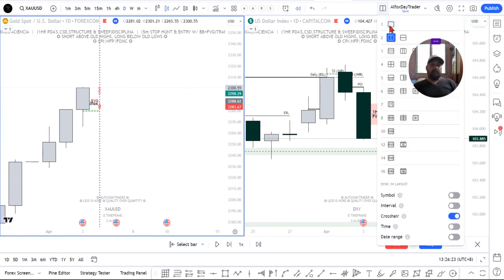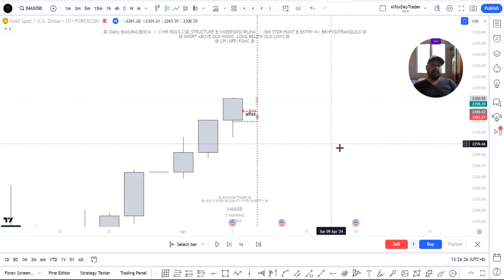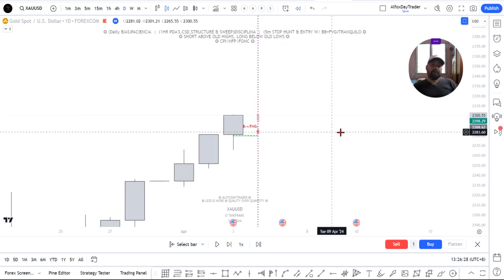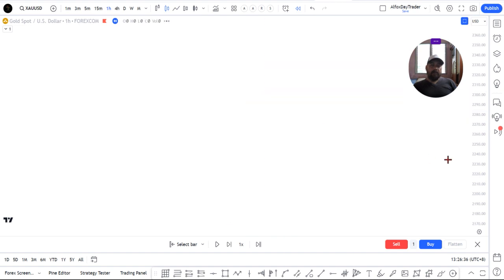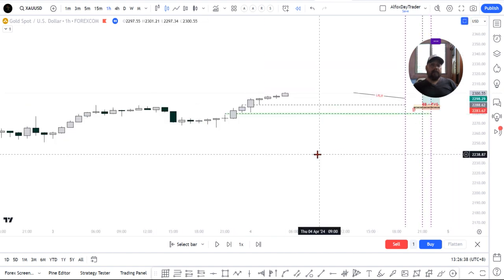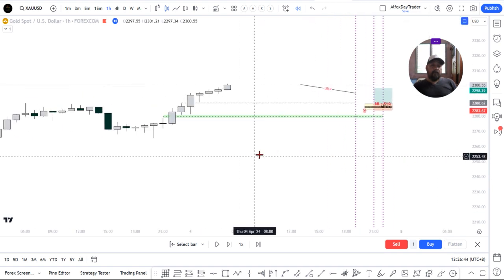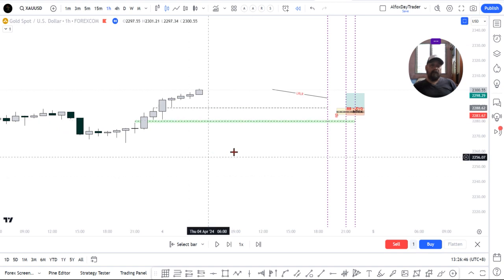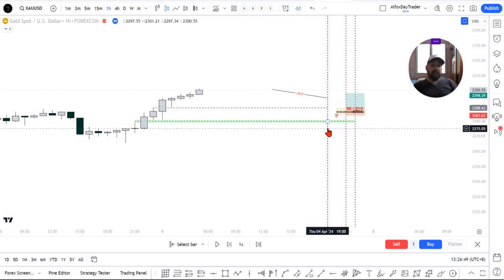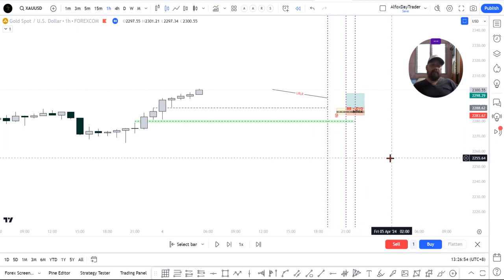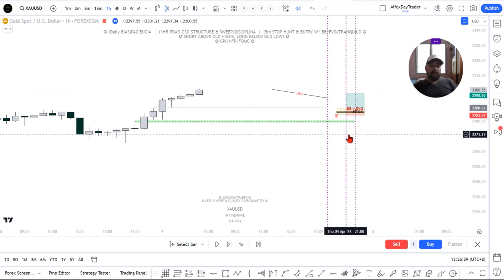So now that we have our bias and we have our news info, what I did is I went down to 1 hour since I have my bias now. So I went down to 1 hour for my narrative and market structure. This is our 1 hour time frame. I marked my trading zone, which is around 7:30 p.m. to 10:30 p.m. my time. In my time, that's GMT plus 8. So I marked this,